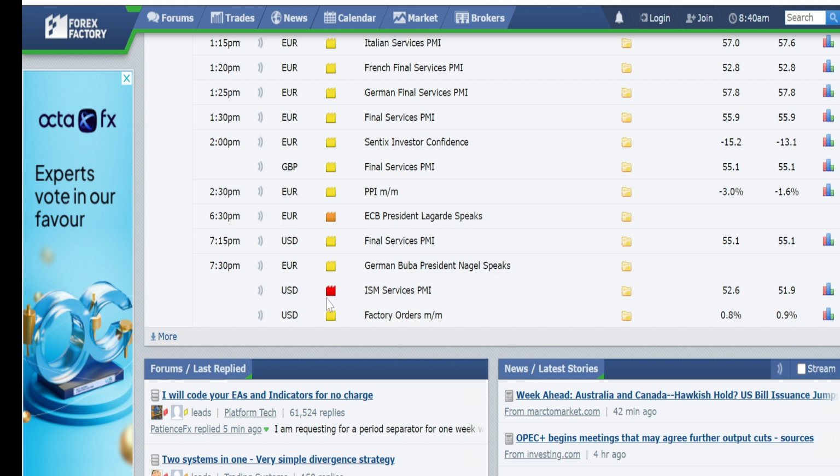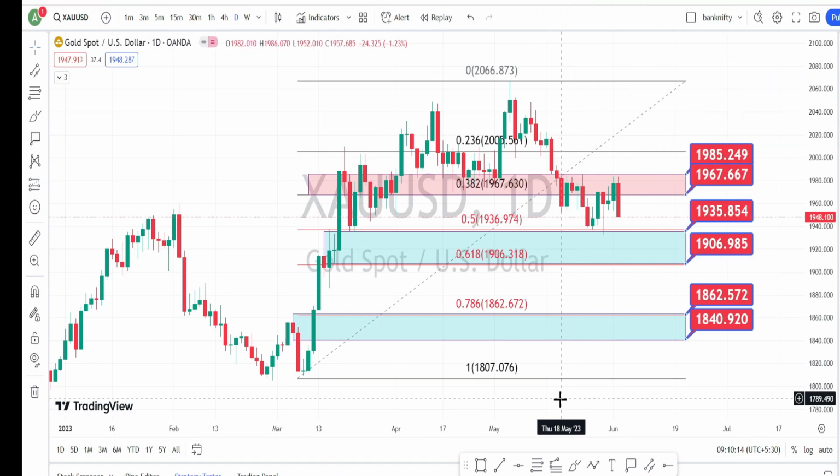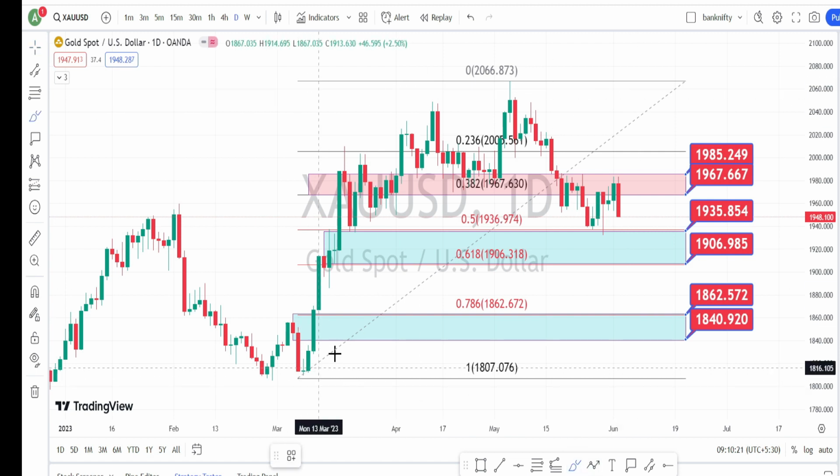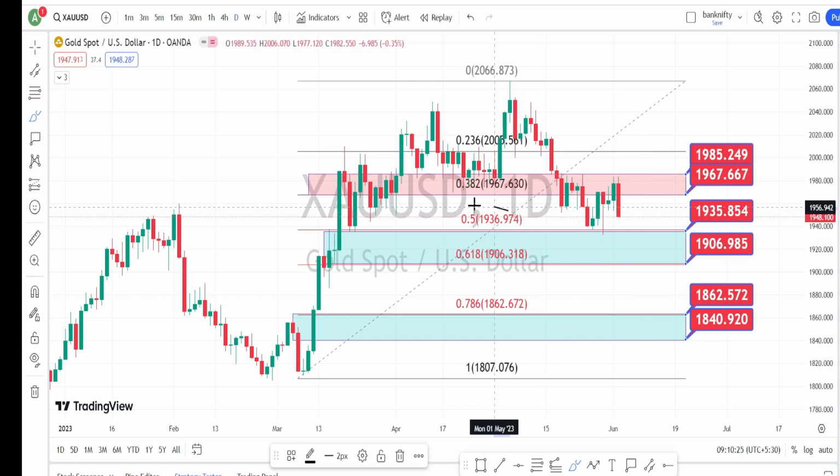Let us proceed with our gold analysis. I'm in daily time frame of gold US dollar currency pairs. I've already marked the levels using the Fibonacci's retracement tool, and currently when we notice a level at which the current price action is trading, it is trading between the 50% of the Fibonacci's retracement level, 0.38% of the Fibonacci's